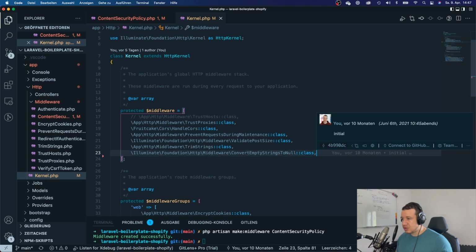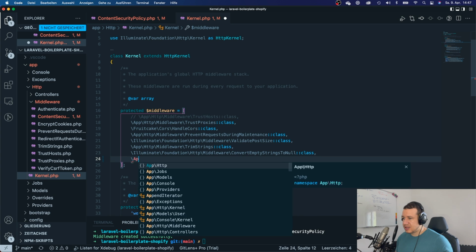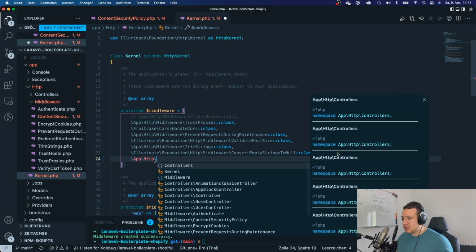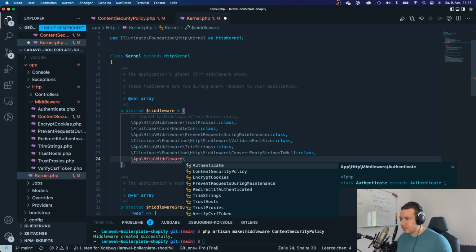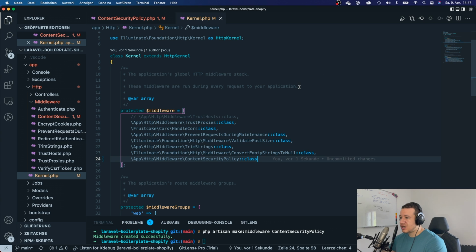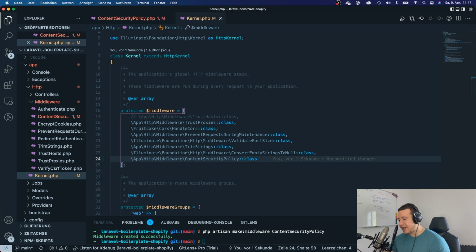So what I'm gonna do is I'm gonna say app, HTTP, middleware, and we got our content security policy right here, and say class, right? So now it has registered our content security policy, and now I can go ahead and install my app. And if I install my app,